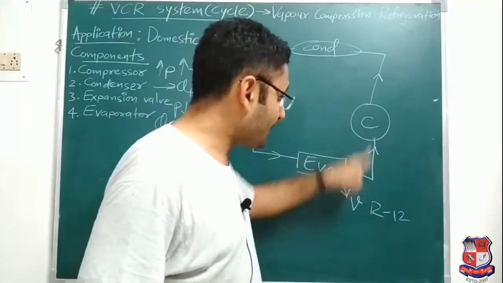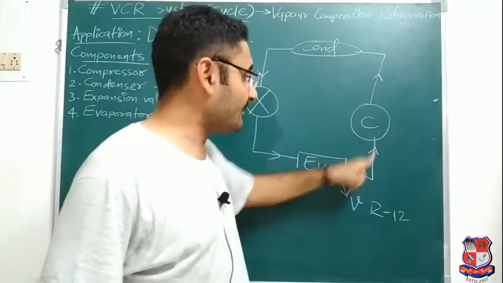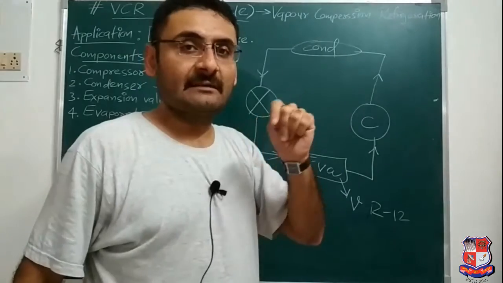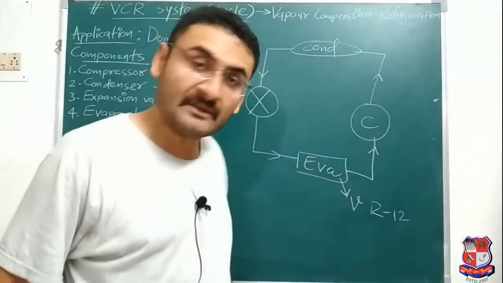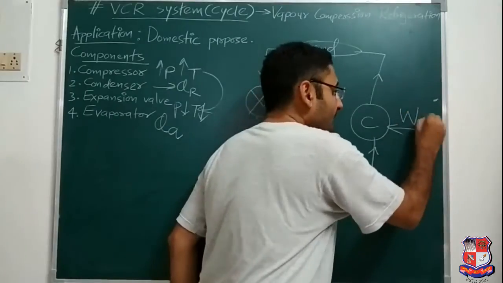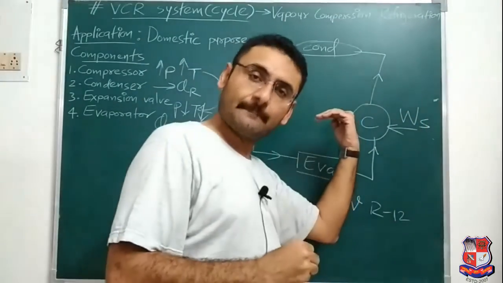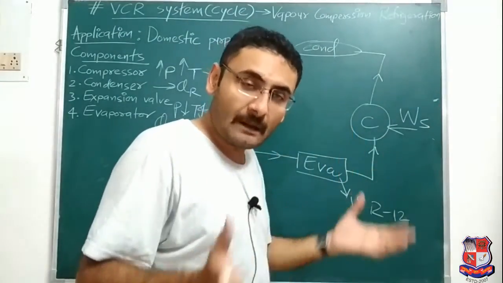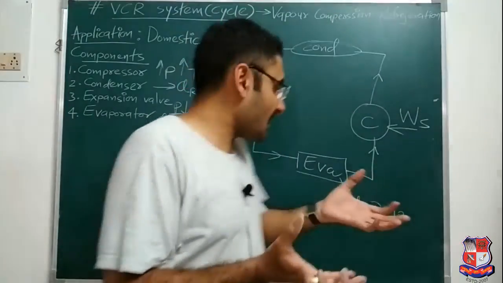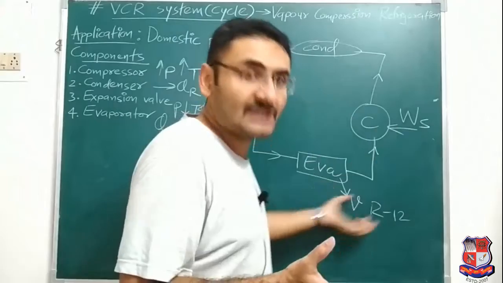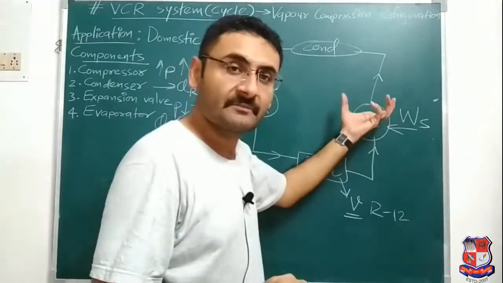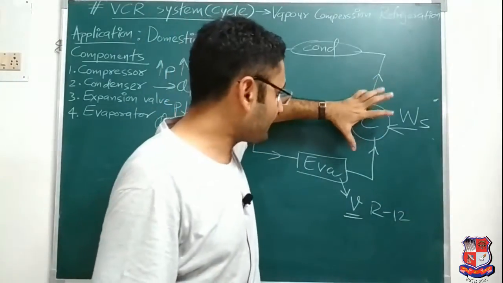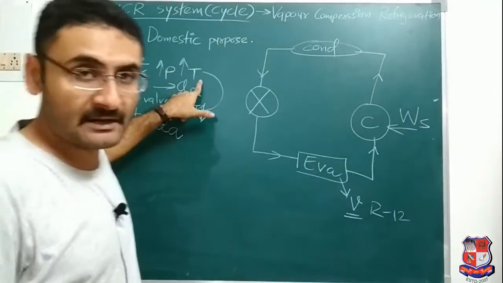Now the inlet of the expansion device is connected with what? The inlet of the expansion device is connected with the compressor. Now first of all, you have to start the compressor. That means you have to supply electricity to that compressor. For that purpose, you have to supply some work to the compressor. Work is supplied to the compressor in the form of electricity. So when work is supplied to the compressor, what happens? The compressor will start. And when the compressor starts, it will first suck the vapor form of refrigerant. That means now in the compressor, which thing is present? Vapor form of refrigerant is present. Now the compressor will do what? It will increase the pressure and temperature of the refrigerant.